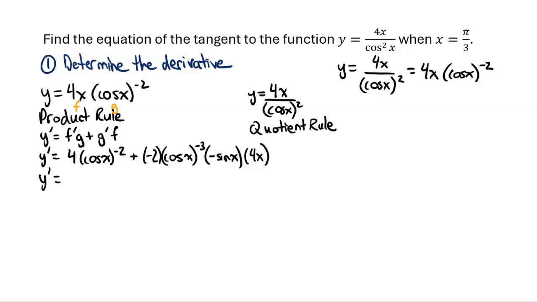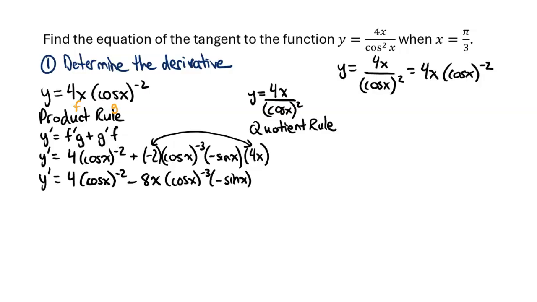Now we're going to get common factors out to the front of each of those terms. So the first term isn't going to change, but the second term will. The negative 2 times the 4x at the end gives me negative 8x. So I'm going to write it as minus 8x. And then I have cos x to the negative 3. And then you'll also note that there's still the negative attached to the sine. And so that negative that's in front of the sine can be multiplied by the negative 8x